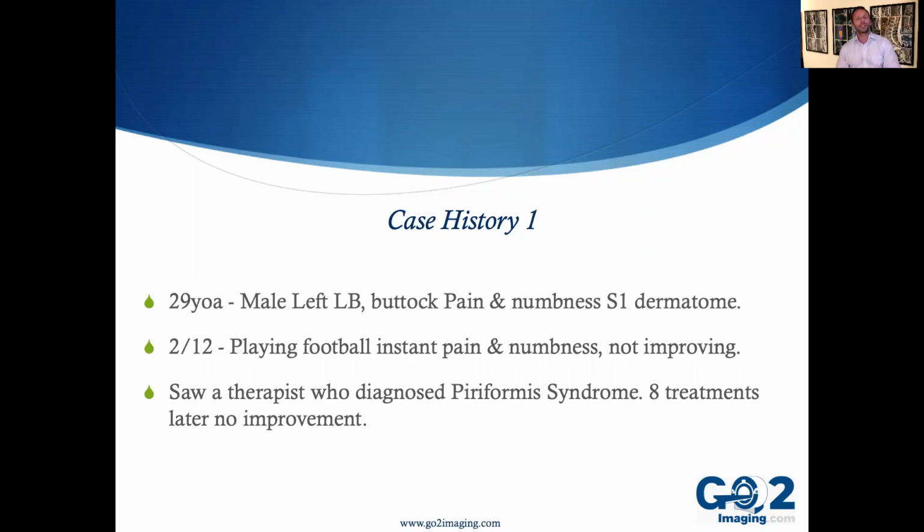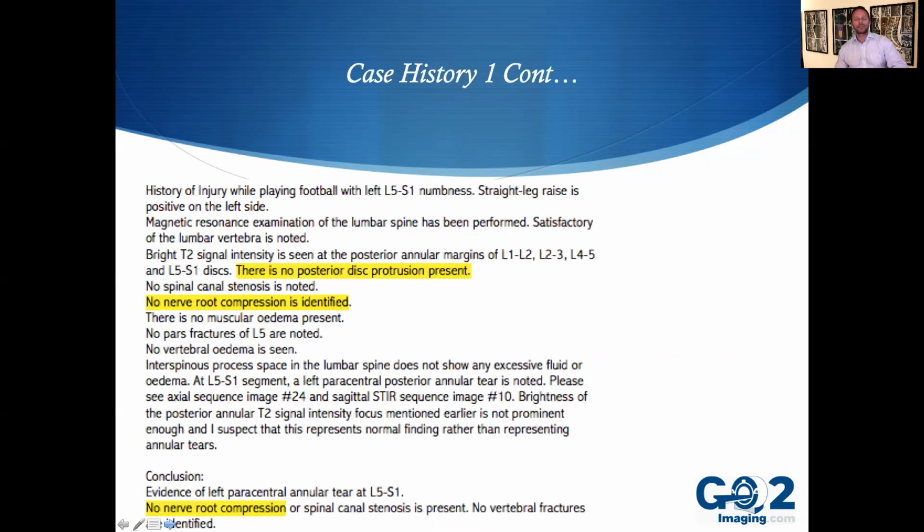It wasn't improving. He did see another therapist prior who had diagnosed a condition called piriformis syndrome, because a lot of the pain was in his bum, and hence they thought that the sciatic nerve was getting compressed at that level. So I sent this patient for an MRI scan, and I've highlighted 3 lines, so don't